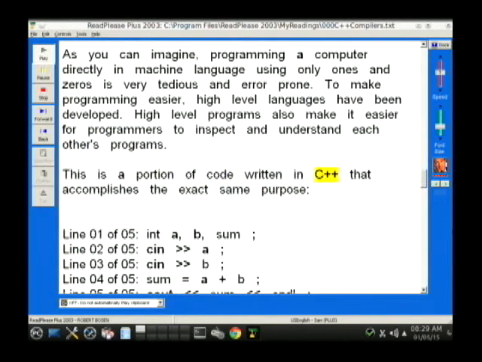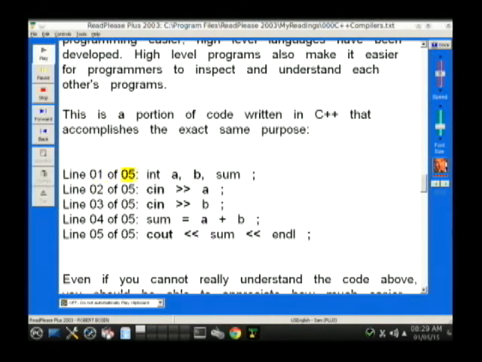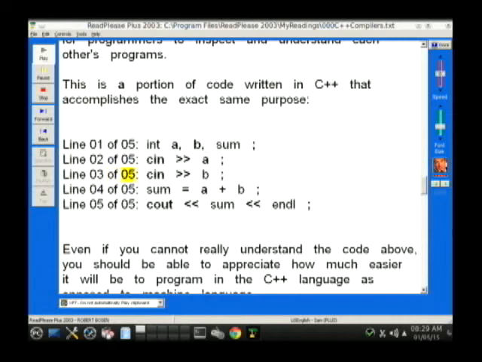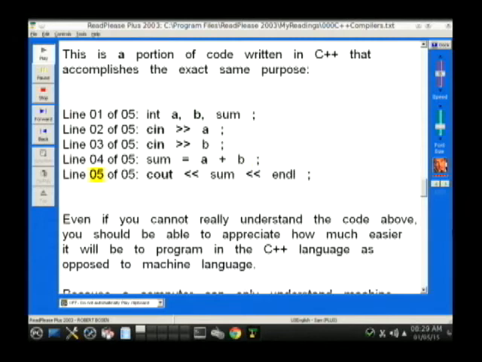This is a portion of code written in C++ that accomplishes the exact same purpose. Line 01 of 05: int a, b, sum; Line 02 of 05: cin >> a; Line 03 of 05: cin >> b; Line 04 of 05: sum = a + b; Line 05 of 05: cout << sum << endl;